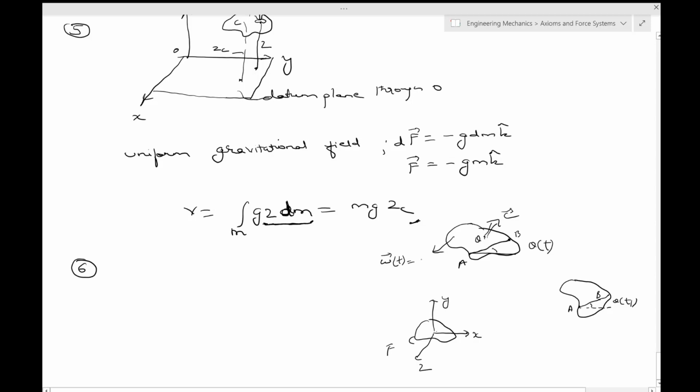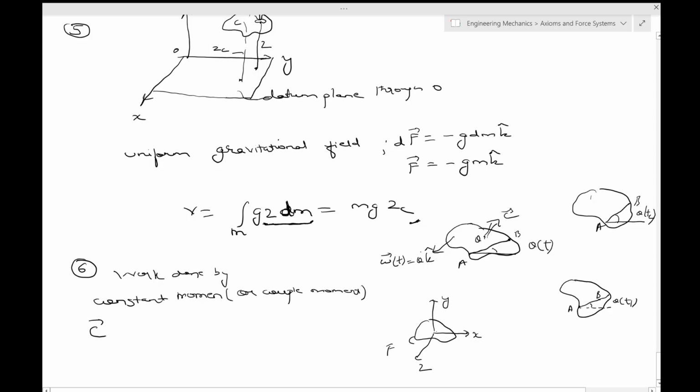Equal to theta dot k hat, and say as a third some other time between A and B, this theta of T2. Okay, now if you have a constant moment, we want to find the work done by a constant moment or couple moment